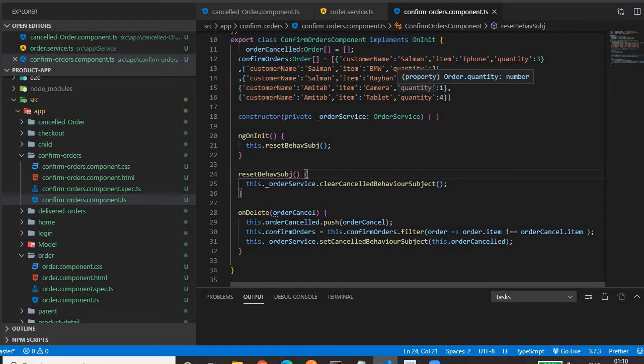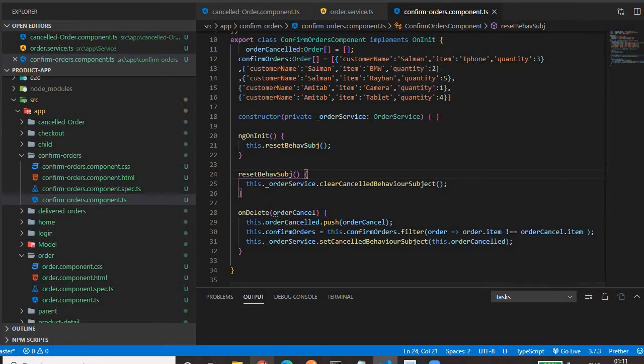So now we will see how we can pass the data from one component to another. In my previous video, I already explained the two ways of passing data from one component to another by using the @Input decorator and the @Output decorator. Please keep in mind that this @Input and @Output decorator way of passing data is only applicable for those components which have a parent-child relationship. But the next question is how we can pass the data between siblings, between unrelated components, the components which do not have a parent and child relationship.